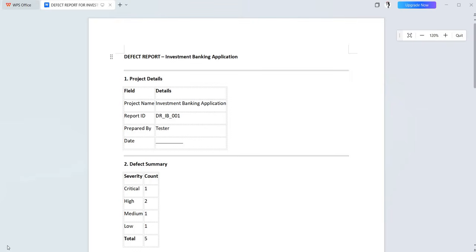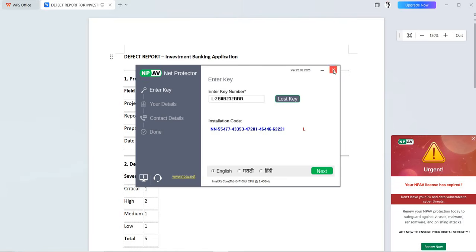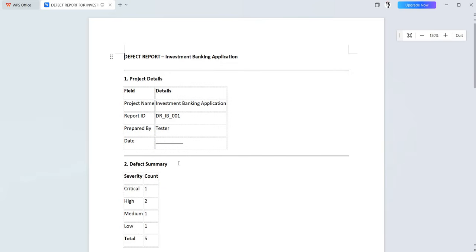Let's start. First of all, what is a defect? Before starting the defect report, you have to know what a defect is. A defect is also called a bug because it is a mismatch between your expected and actual result. Let's understand with an example. If a trade is not saved even after entering valid data, it is a defect, because if you provide valid data, then your trade has to be saved, and if it is not, then it is a defect